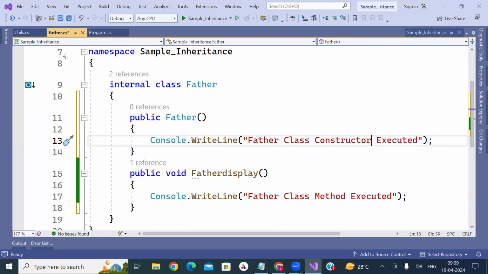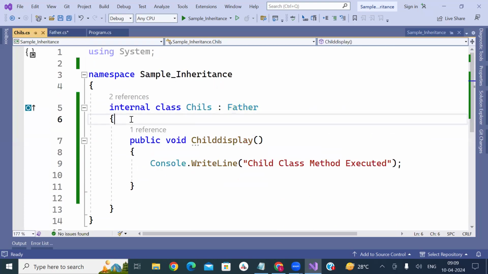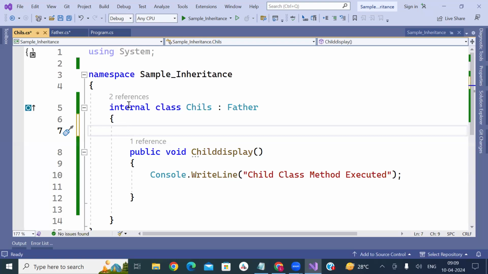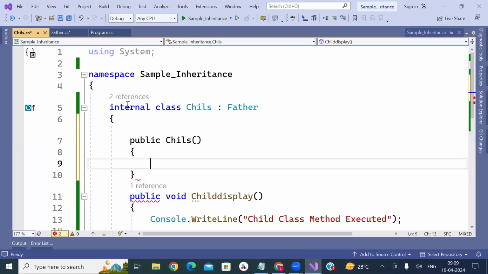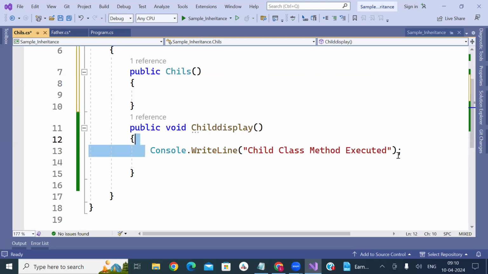Similar fashion to create a constructor, simply put ctor and press tab, and it automatically creates the father class constructor.